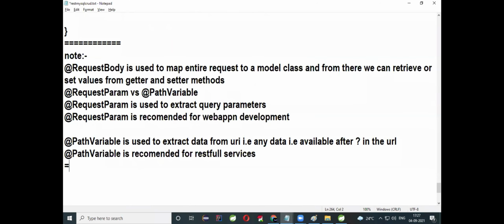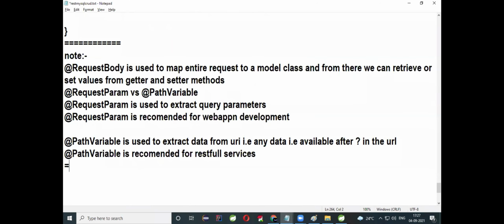This is your update. Once go and check your GET method here. Wait, somewhere wrong. Here keep GET and click on send. Here you see the 888 record, Anil must be updated to Anil Kumar. Updated successfully. So update is also working. As a developer, you must know how to perform CRUD operations. That is the main important thing.